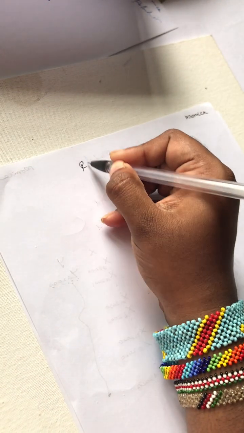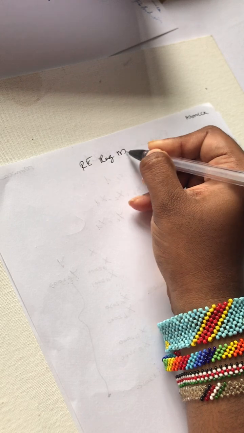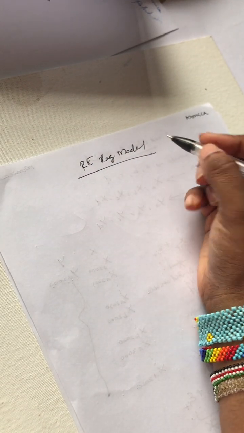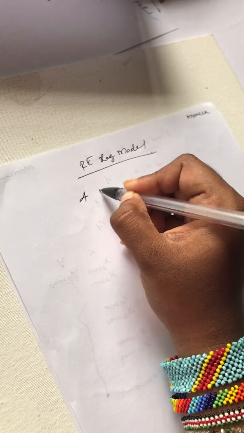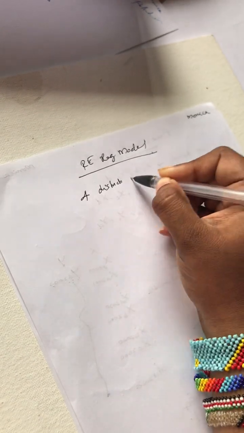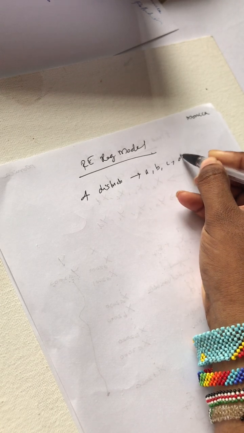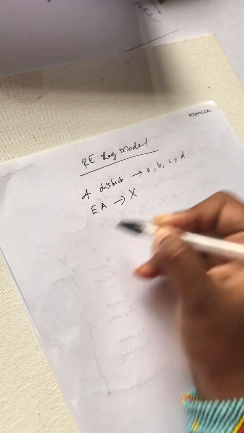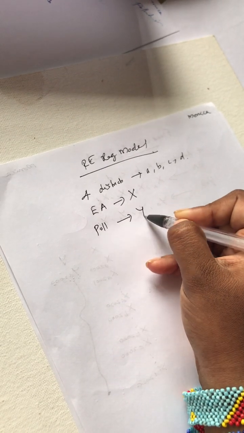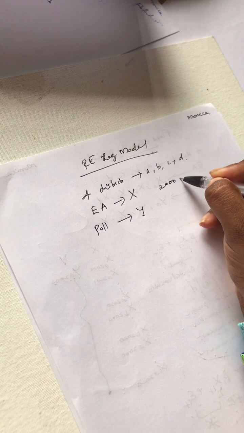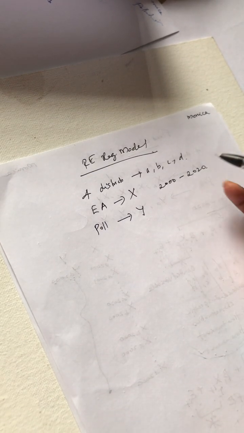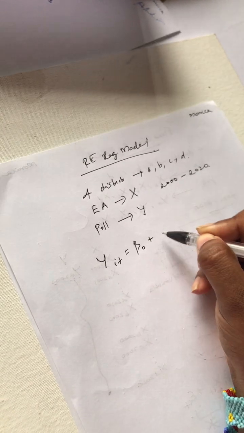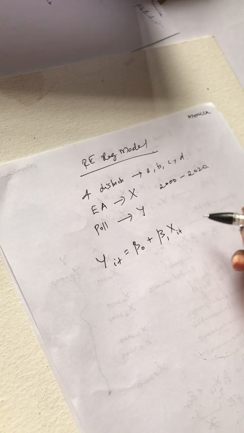Now, a random effects regression model. So when do we run a random effects regression model? In the same example, we have 4 districts, and for these 4 districts we measure the economic activity, that is X, and pollution levels, Y, for a period from 2000 to 2020. Now again, we have Y_it equal to beta naught plus beta 1 X_it plus